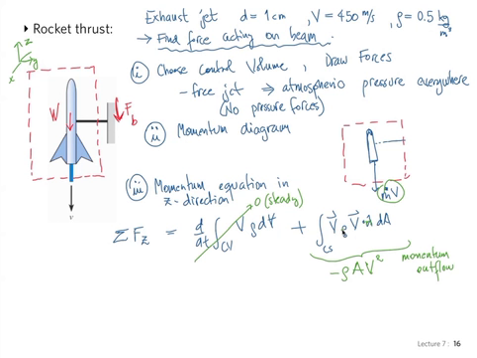So now we can do a sum of forces. This is the fluid force, but we have weight as well, so the weight of the rocket. So now let's do the complete sum of forces, and also of course the reaction at the beam. So we have the sum of forces in the z direction equal to minus FB, because it points downwards in the z direction, minus the weight, also pointing downwards in the z direction, and this has to be equal to,